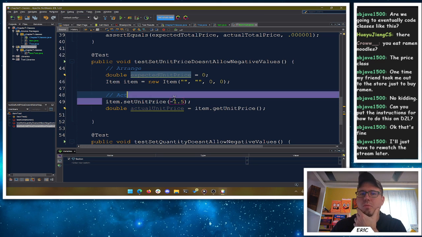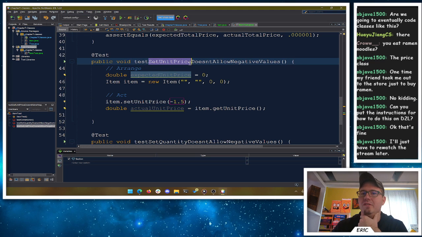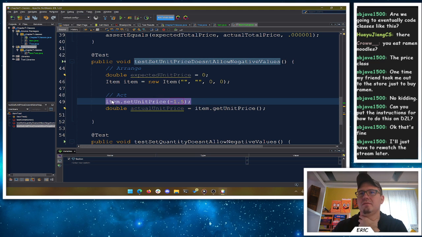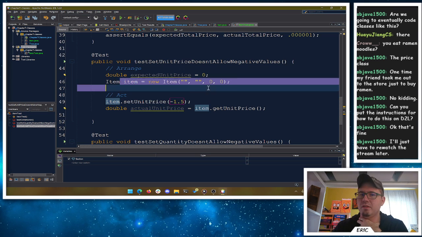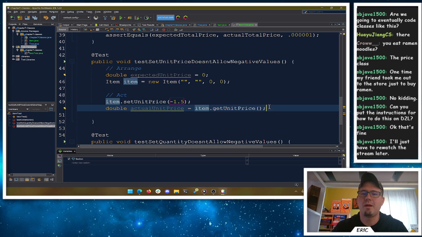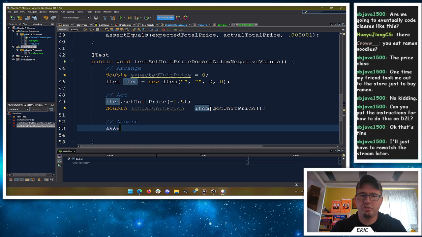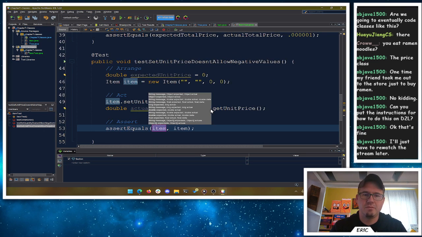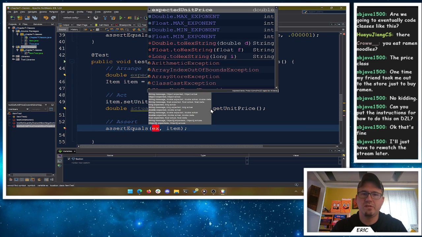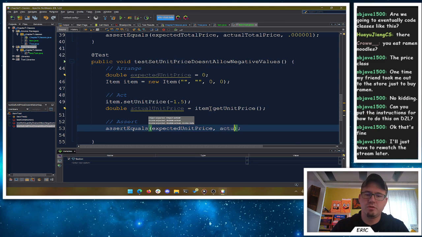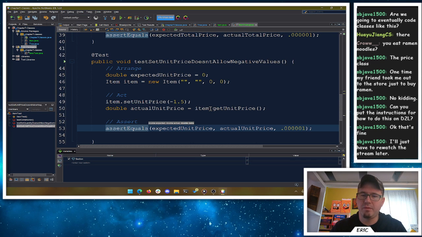It's probably more proper to explicitly call the set method. And then we'll assert equals that my expected unit price is the actual unit price within a millionth or whatever. Is that probably enough?